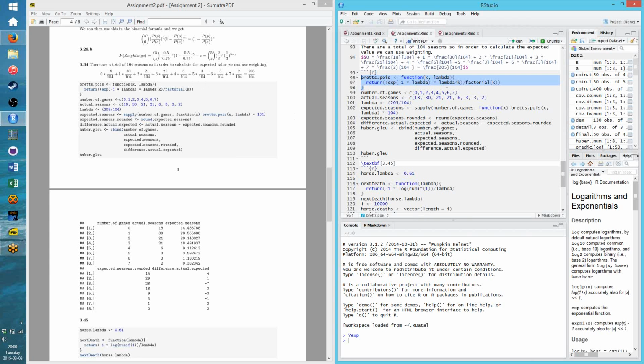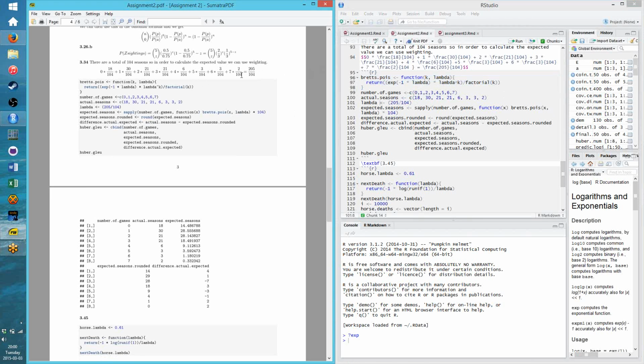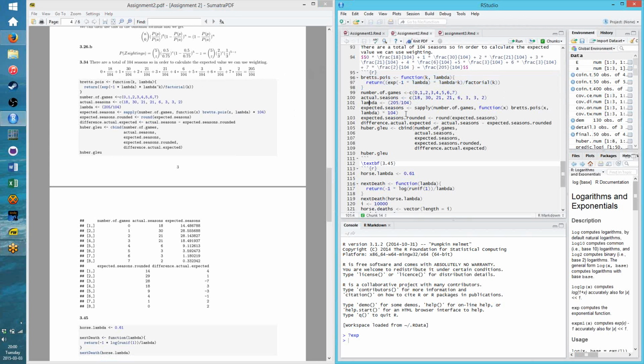And then I fed in the number of games, 0 through 7, and the actual number of seasons that had that many no-hitter games. And then I took the value from this original function here, the 205 out of 104, and I set that as my lambda. And then what I did is I used the sapply function. If you guys are unfamiliar, the apply functions allow you to do vectorized operations in R, which are a lot more expedient and a lot less likely to get Andy to make fun of you for using a for loop or something like that, which is, I think, what most people are comfortable with. But it's not the R way,